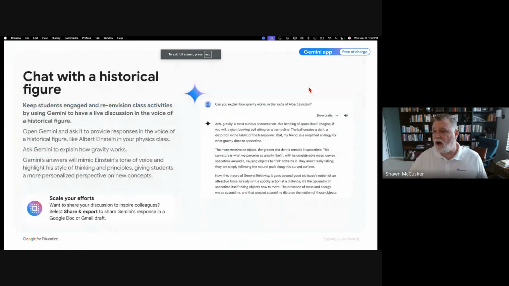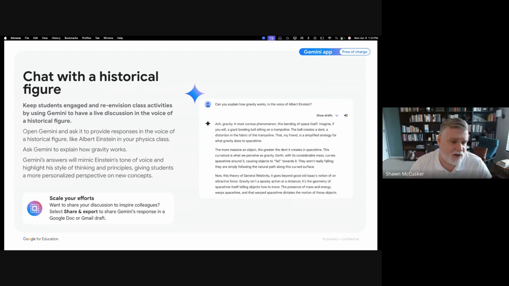All right. So going on, another thing that we can try is this. One feature that we have is the ability to have Gemini take the place of a historical figure, a scientist, a politician, any way you want. So I want you to just for a second think of a historical figure that you'd like to ask questions of, right? Imagine that you wanted to do a discussion with Gerald Ford about what it was like to be an unelected president. Or imagine that you want to go back in time and talk to Susan B. Anthony about how she sees current events. You can go ahead and do that.